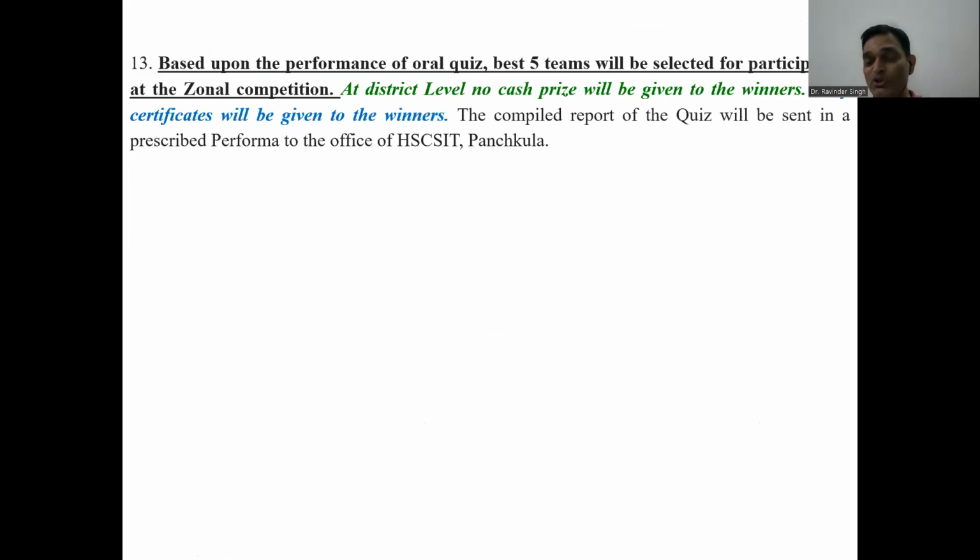उसके बाद जो ये कंपटीशन हुआ अमंग द 8 टीम्स, उनमें से जो बेस्ट 5 टीम्स निकली, फर्स्ट सेकंड थर्ड जो टीम्स आई उनको भी सर्टिफिकेट मिले। अप टू द 8 टीम्स सभी को सर्टिफिकेट्स दिए गए। लेकिन सिर्फ जो 5 टॉप टीम्स थी उनके नाम फिर हमने डीएसटी डिपार्टमेंट पंचकुला को सेंड कर दिए गए, ताकि वो फर्दर जोनल लेवल साइंस क्विज कंपटीशन के अंदर पार्टिसिपेट कर पाएंगे।